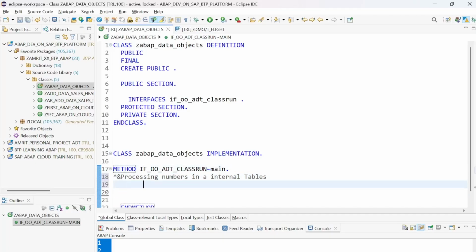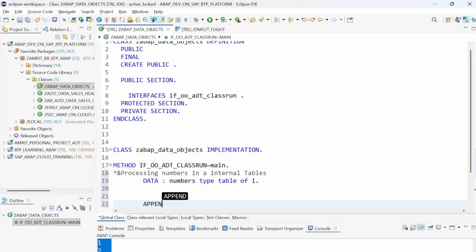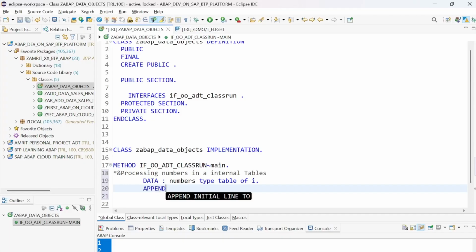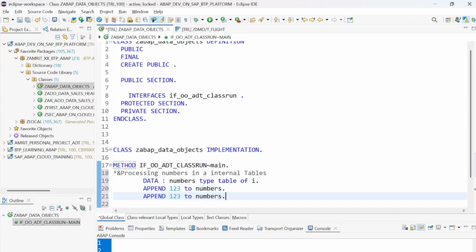And I'm going to add here, so data, numbers, type table of integer, and I'm going to add the record, so append to numbers. Three records, suppose I'm adding 4, 5, 6, 7, 8, 9,